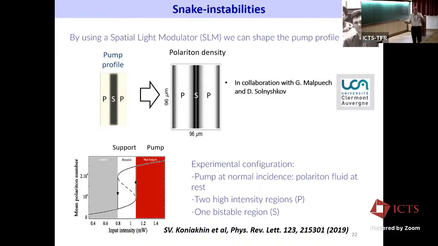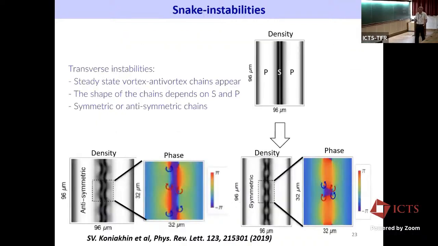So in this case, we have no flow. The fluid is created at rest. No speed in the polariton fluid, and we have two high intensity regions, P, and in the middle a bistable region, S. What we expected to see from the theory is that